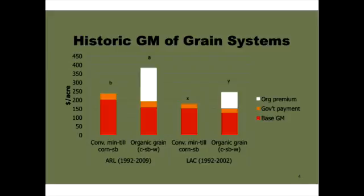How does organic perform? This is data from up to 2009, so we need to continue to do these analyses. But what we do see is that organic, because of the price that is offered for organic at market, continually outperforms the conventional corn soybean rotation. Even though we don't have the data from the last 6 years or so, those trends are consistent